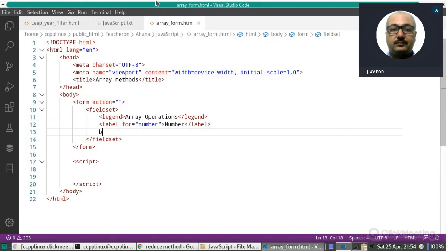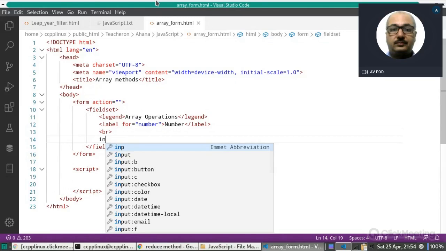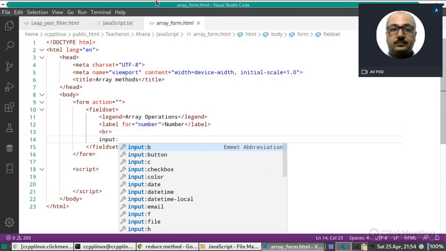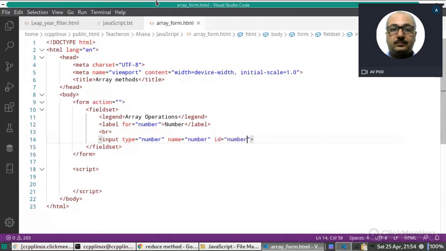Then one br is there, and then here an input. Actually we have to take only the number, so let us set its type to number. Then its name is also number and its ID is also number.